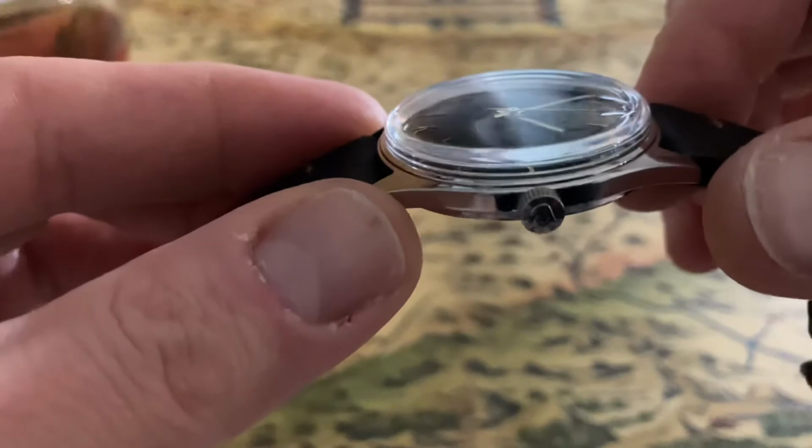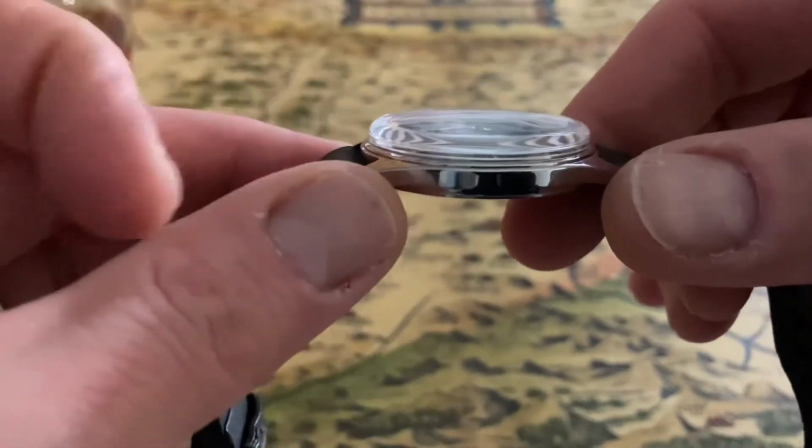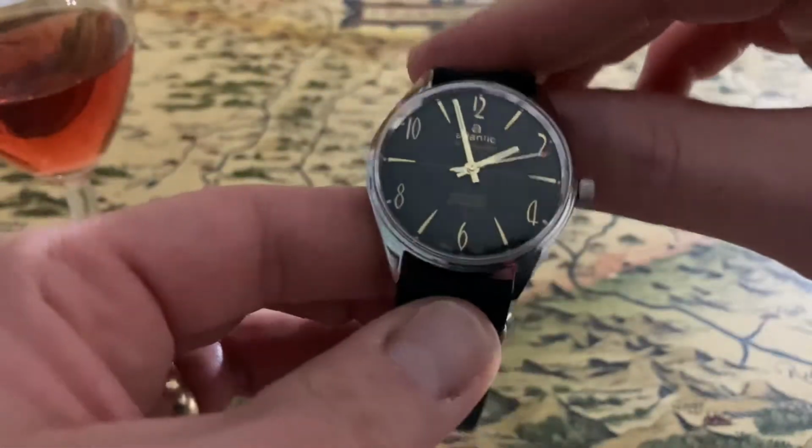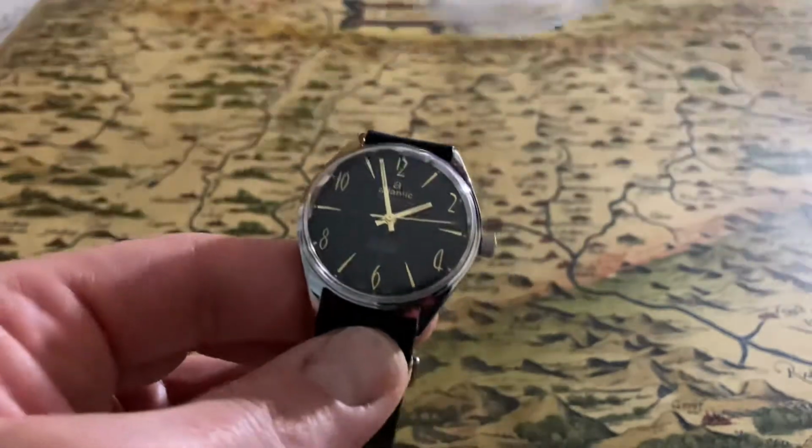Look at that distortion. Beautiful distortion on this watch because of that crystal. Gorgeous. That's about it. I have another sip of my wine,